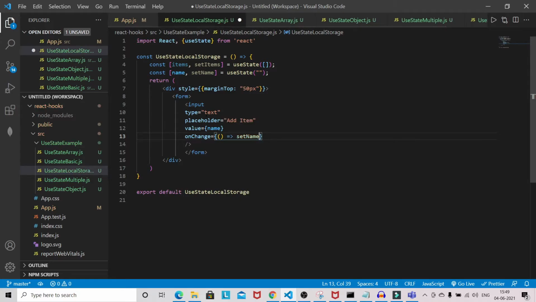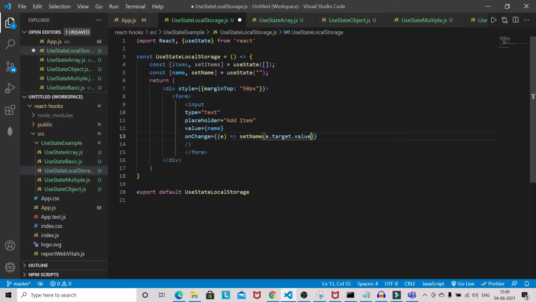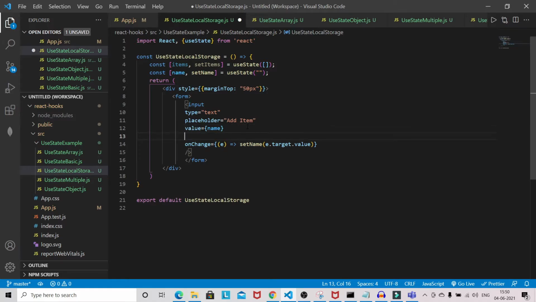So setName e.target.value. Okay, and we'll be having some styling. Okay, style width will be 30%.